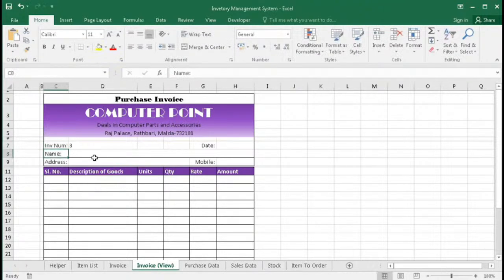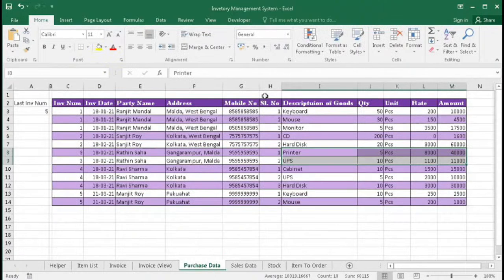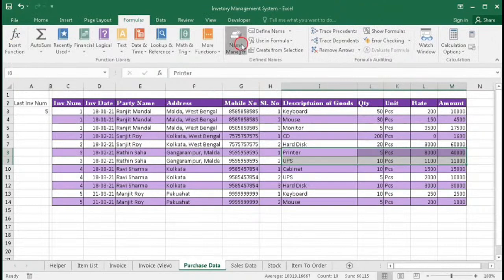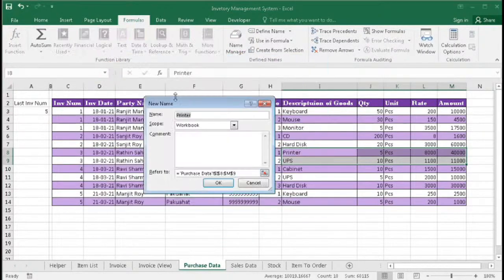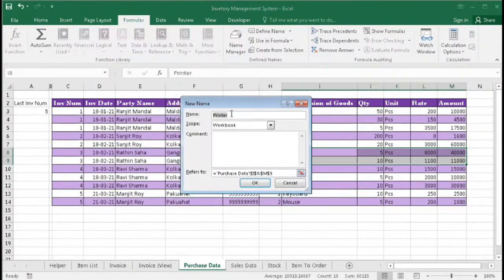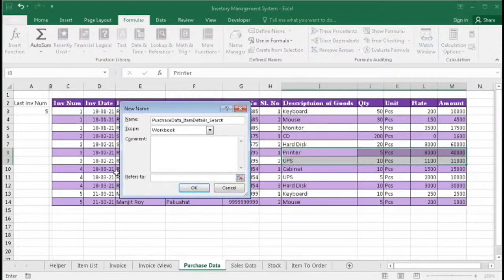Okay, and now go to purchase data, and here go to formula, name manager, new. Type the name: purchase data underscore item details underscore search. Now select this one, equal to